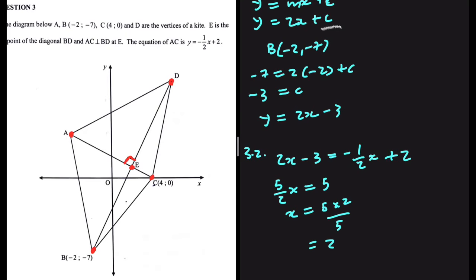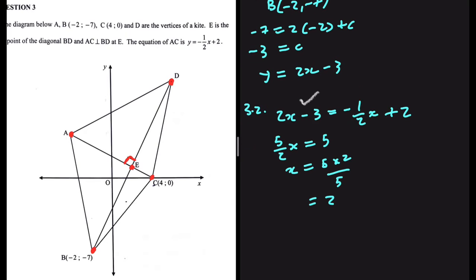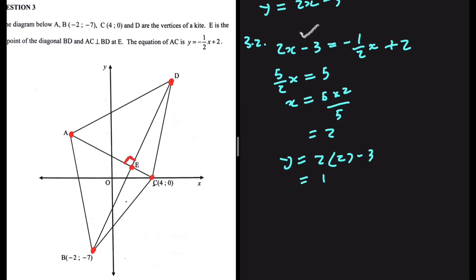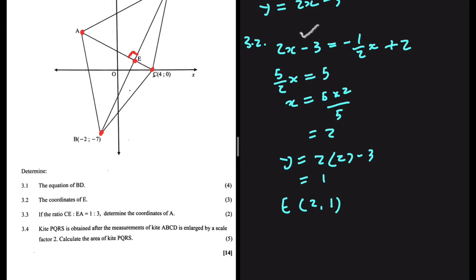Let's substitute 2 into 2x minus 3. If we do that, we're going to have y being equal to 2 multiplied by 2 minus 3. This is just equal to 1. So the coordinates of E, we have x being equal to 2 and y being equal to 1. That is 3.2. Let's do